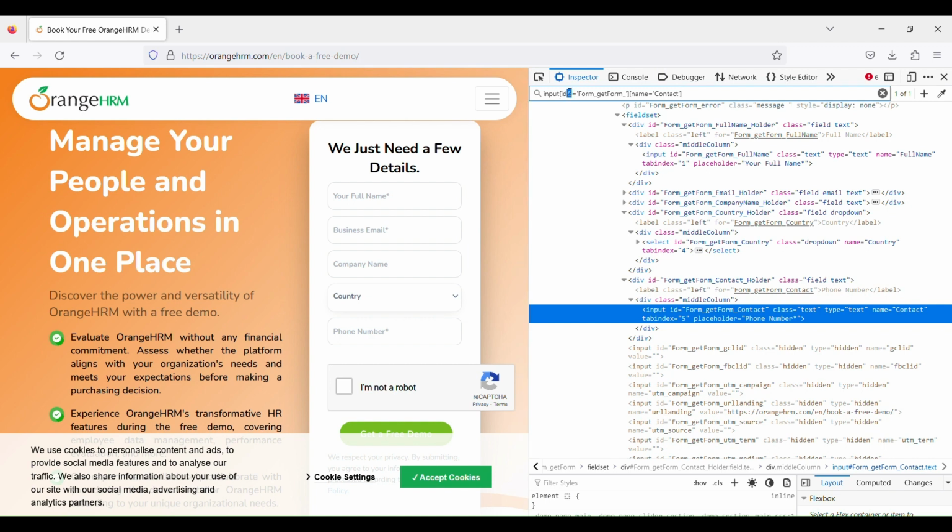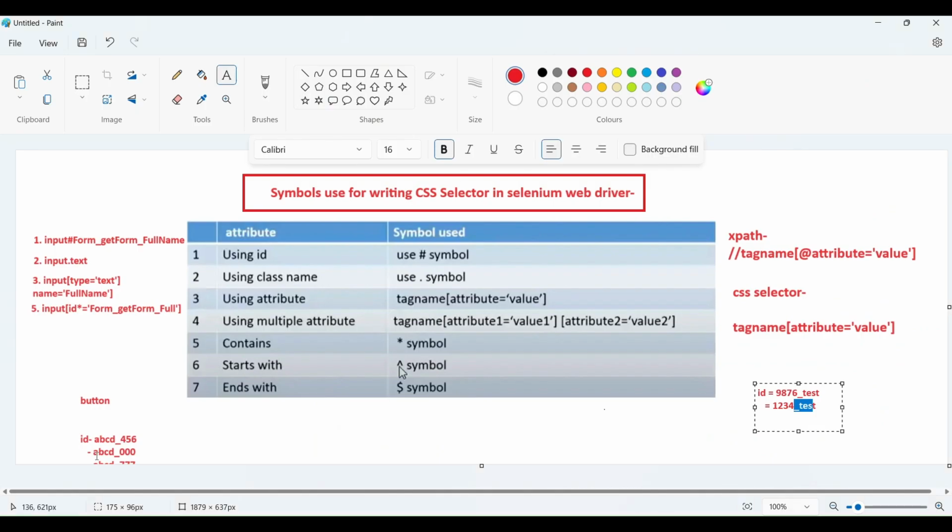You just need to use the upper arrow, this means starts with, and the starts-with value you just mention here, and that way you can create the CSS selector. So I am mentioning this point because there is no dynamic value in this page. So for starts with, okay guys,